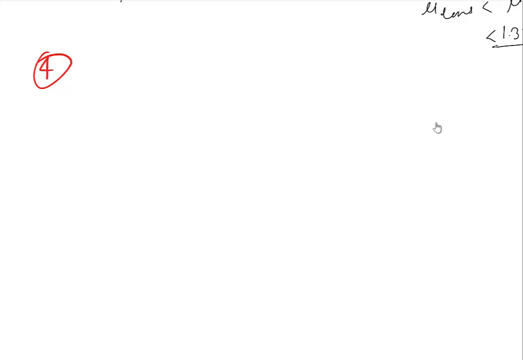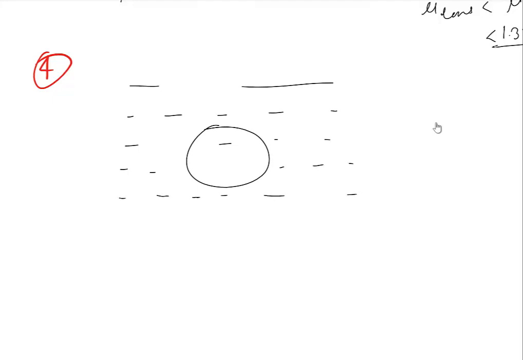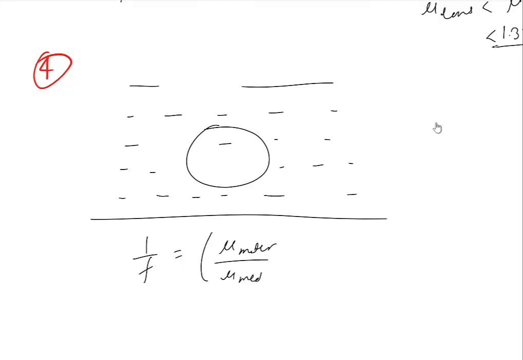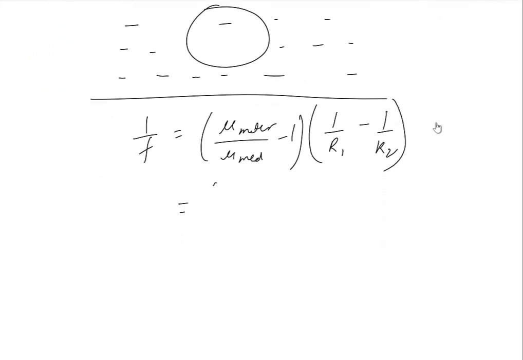Okay, so we have a situation like this. So we have water and we have a bubble like this. Now again we have to use lens maker formula to determine what's happening. So 1 by f equals mu of the material over mu of the medium minus 1, times 1 over r1 minus 1 over r2. That gives us mu of air over mu of water minus 1, and this will be 1 by